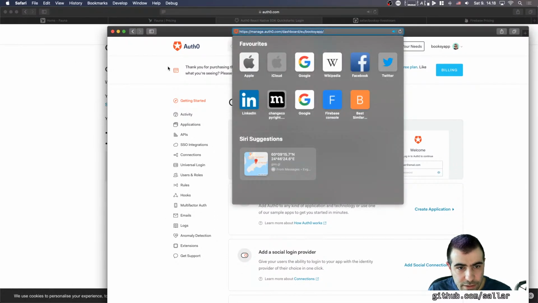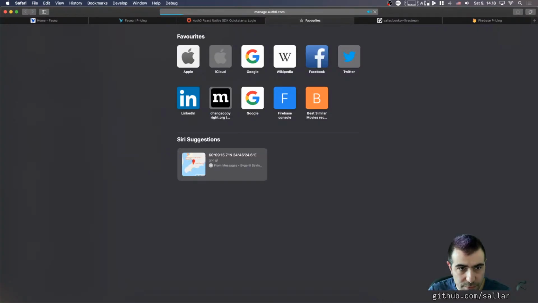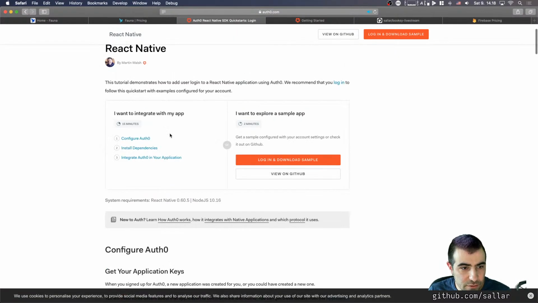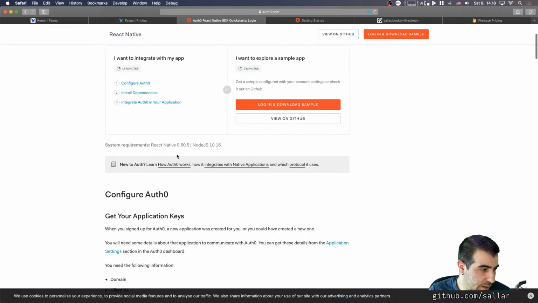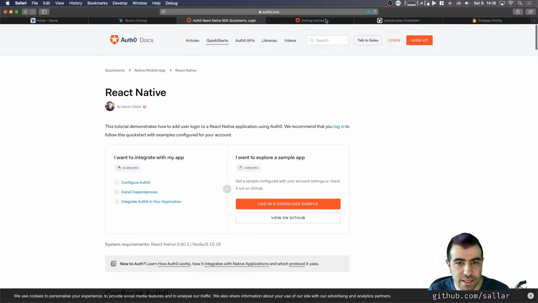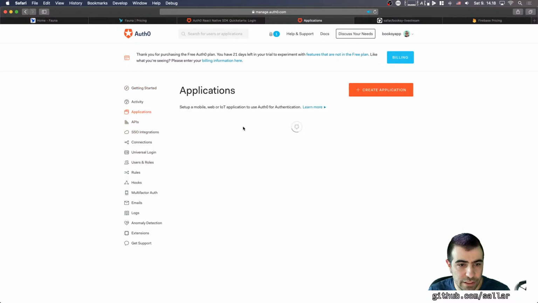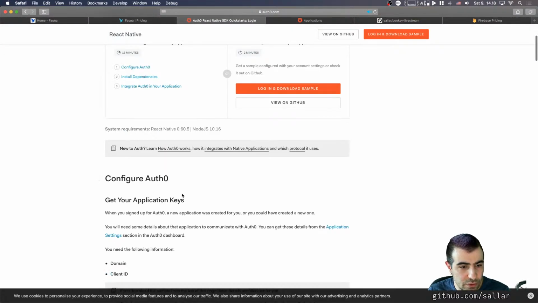Can I just drag this into the other one? Alright, so it asks you to create an account. I mean, that's basically the necessary bit of this. You just need to create an account and create a tenant, and then you will have a thing like this. And then once you come here, it has a default application that you can just use. So let's just continue with